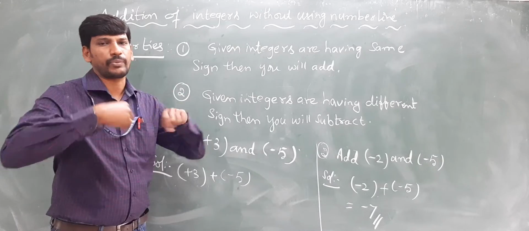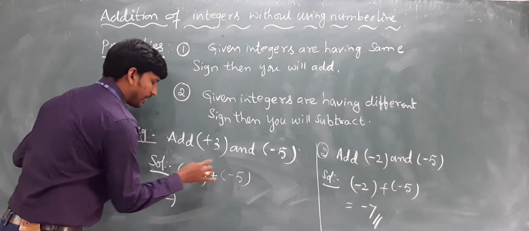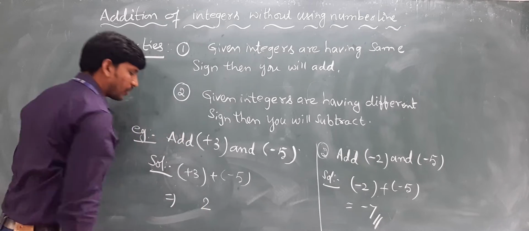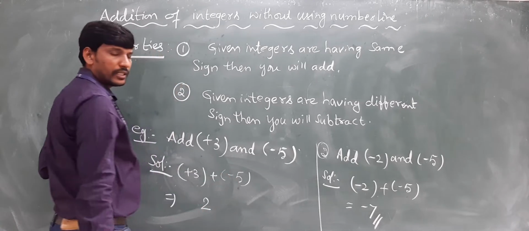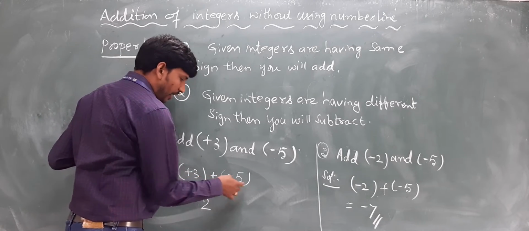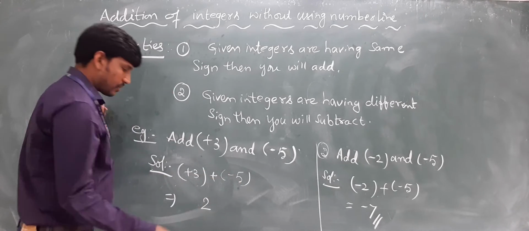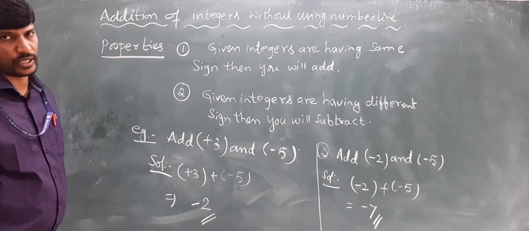Generally how we will subtract? Which is equal to 5 minus 3. 5 minus 3 is equal to how much? 2. Then keep the sign the big value has. Out of 3 and 5, 5 is the bigger value. Bigger value has negative sign. So we need to keep the negative for the answer. I hope you understood that here.